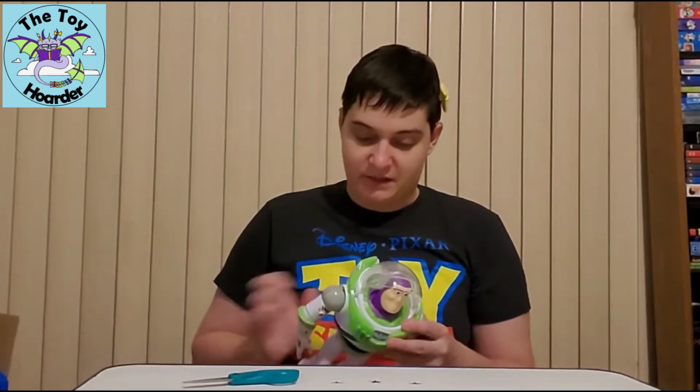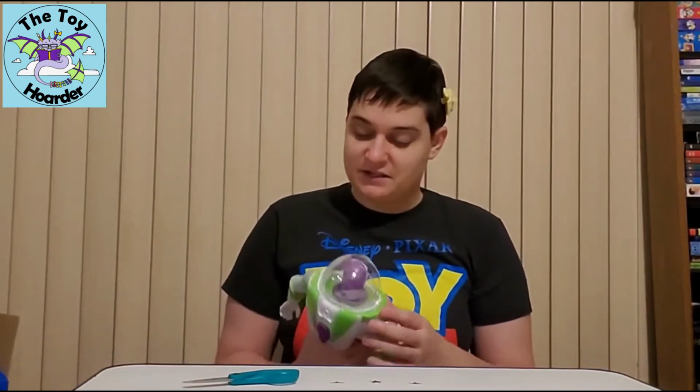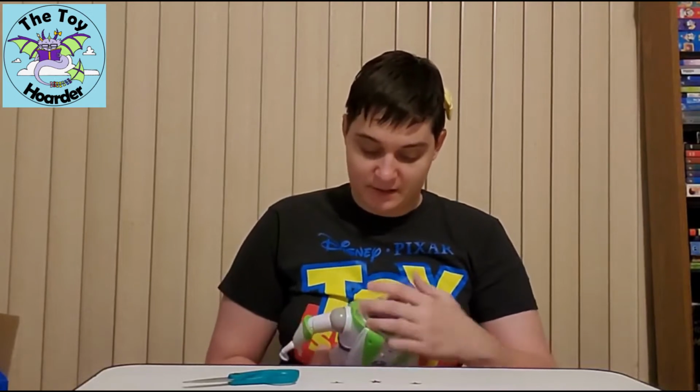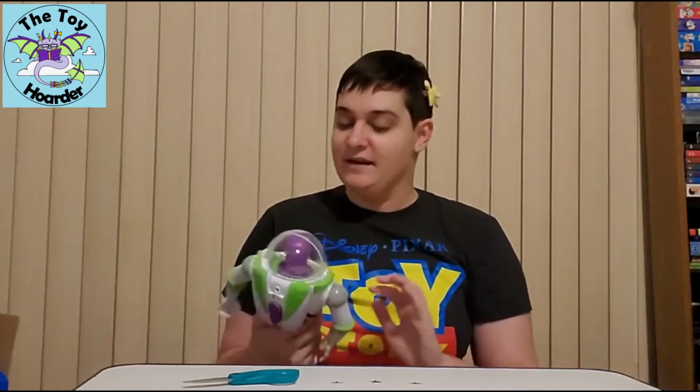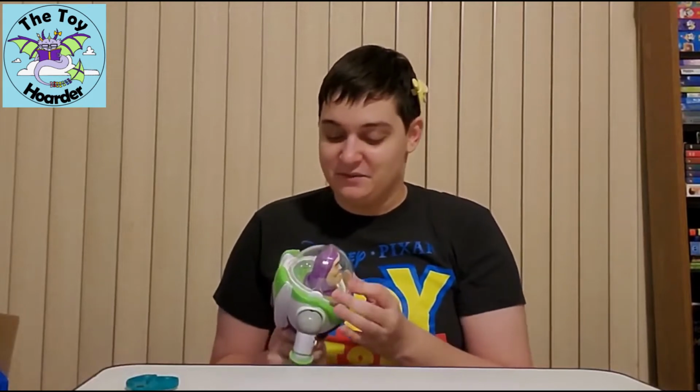Let's talk about this particular action figure. This is really kind of a strange size for me. I don't know how to feel about it. I'm having a hard time on his helmet. Okay. It's a little more of a pull than it usually is on the helmet, and I wasn't sure if it was going to close or not, so I didn't want to pull too hard, but